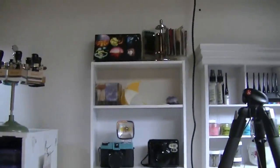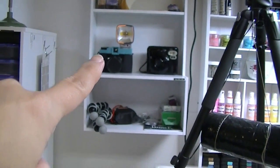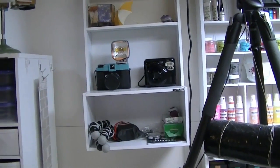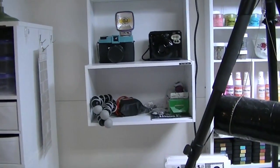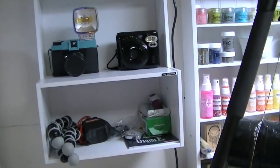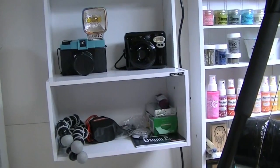Above that is a place where I'm displaying my new camera, which is the Diana, which is a film camera. It's actually a plastic toy camera, but it does take pictures, and I've been kind of learning how to do film photography since January. Well, it's still January. And so I keep some of my extra film and stuff like that. And I also have my other film camera, which is a Fuji Instax camera, which I have reviewed. I'm gonna review this one, but I'm gonna wait until I take a couple more rolls of film so I have more meaningful